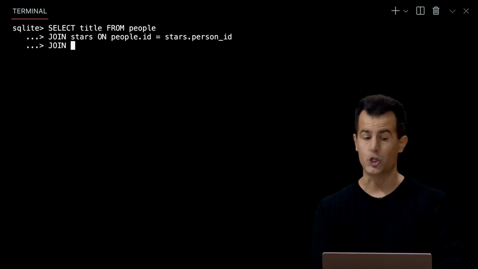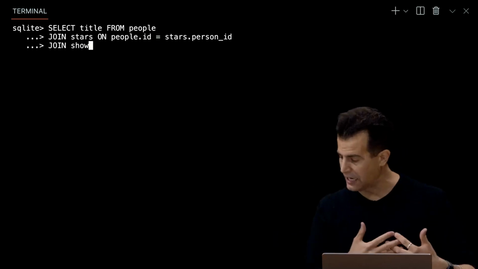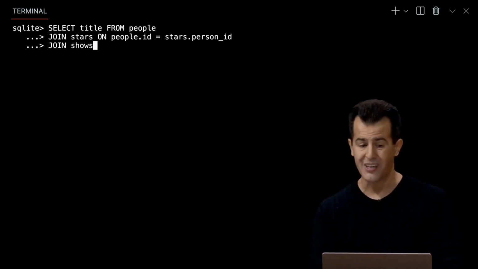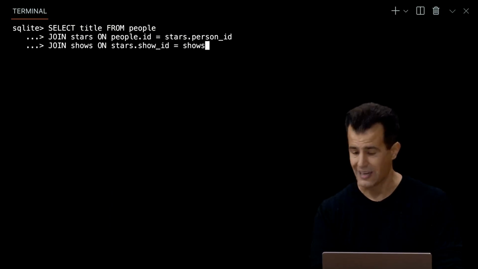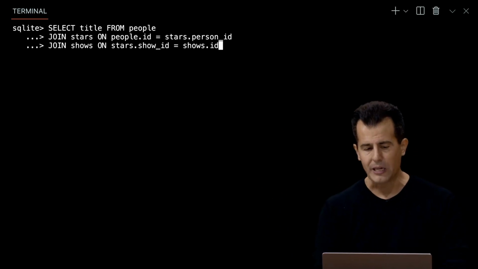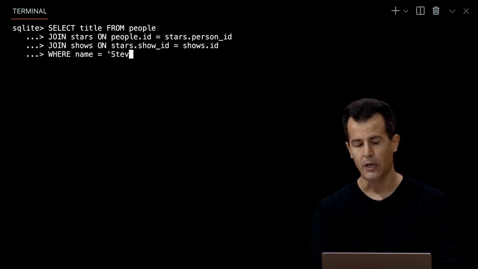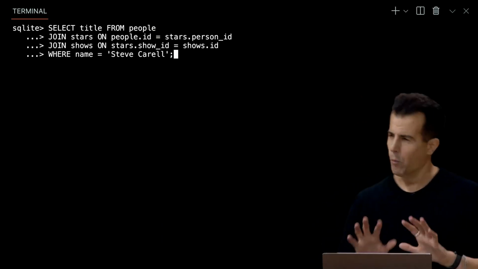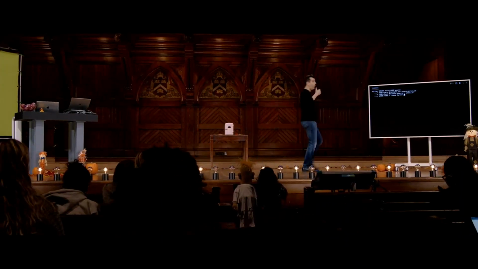Let me additionally join in. So now I only have two tables, but now I'm putting a third table joined in together here. Join shows on stars.show_id equals shows.id. So this is now linking three tables together. But I only care about this for one person, so where the name of the person equals, quote unquote, Steve Carell. So more cryptic to be sure, but what we're doing with this query is just taking all three tables